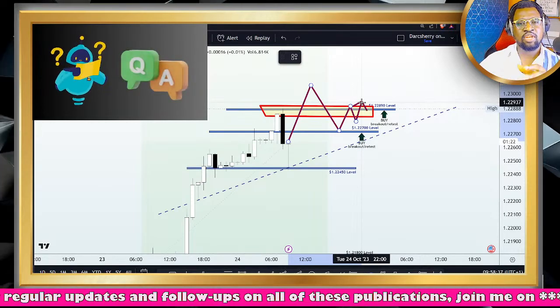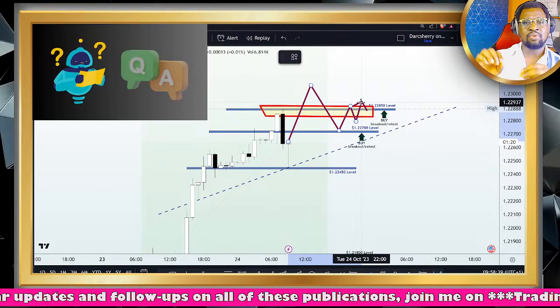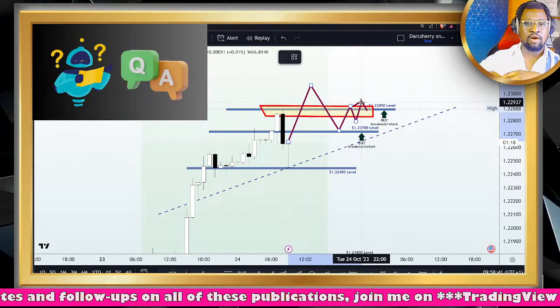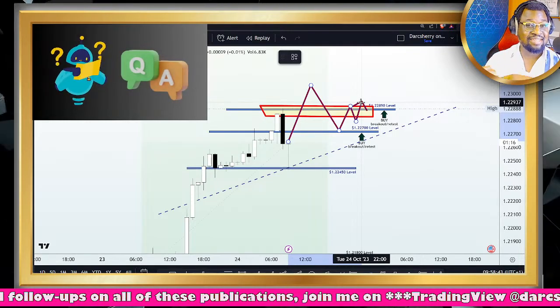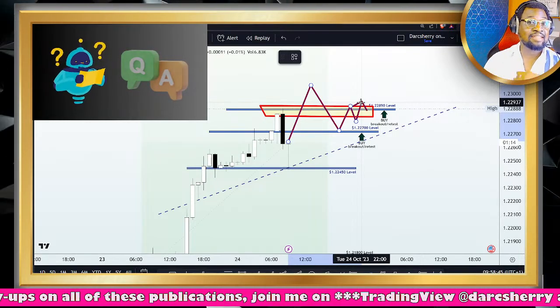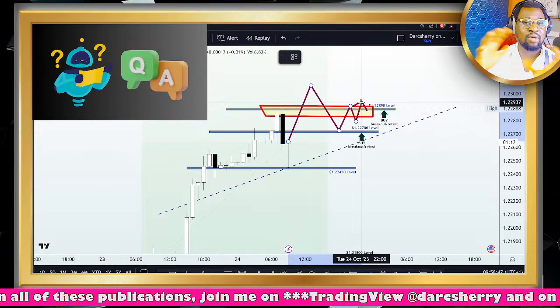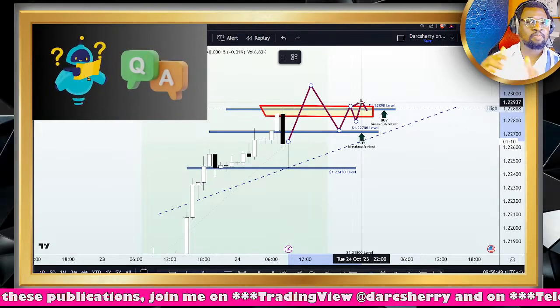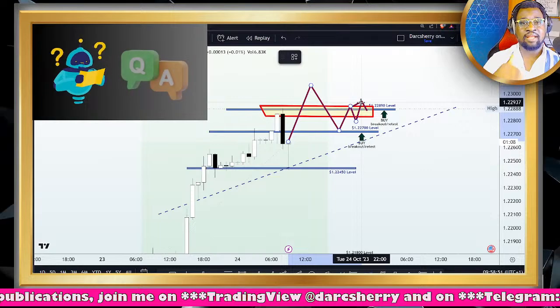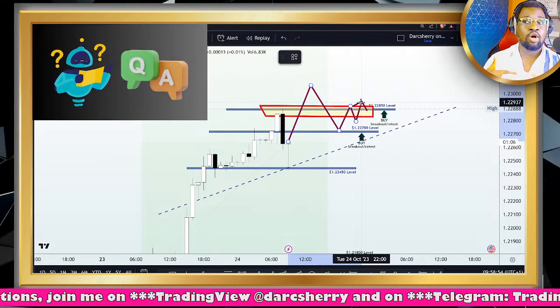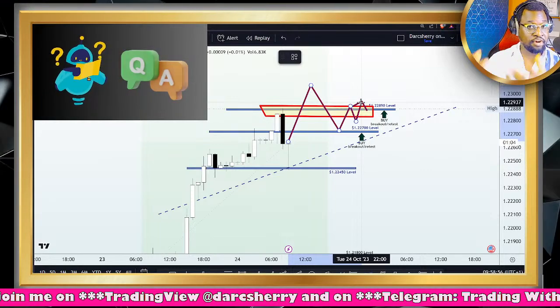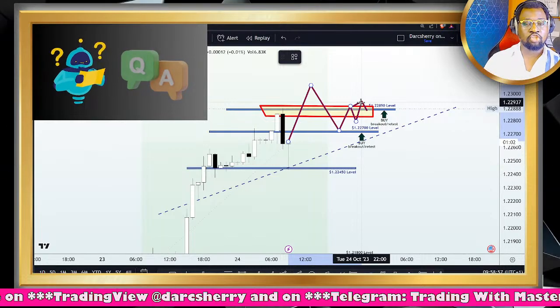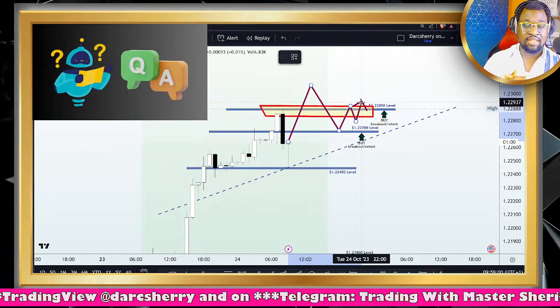It doesn't necessarily mean that you want to join around that area. All we are just looking out for are structures and patterns that support the idea that it is time to start buying around that zone. So we don't know specifically which particular area it's going to happen, but if you are on the lookout and you are very patient, you look out for the structures, you will definitely join at the right time.